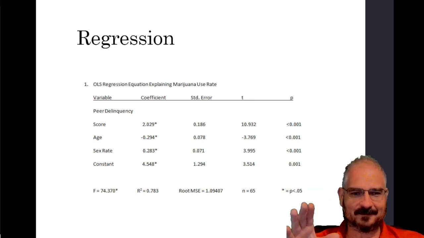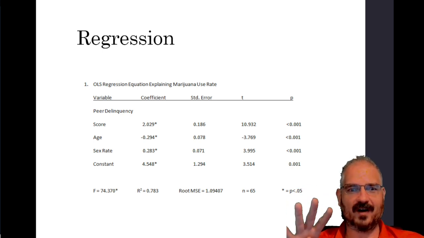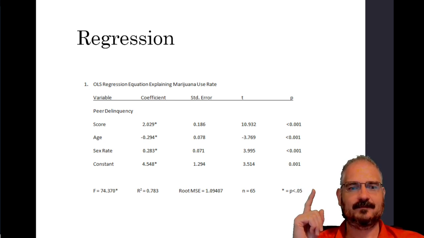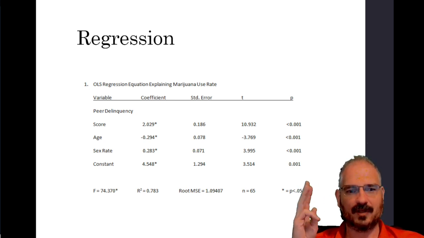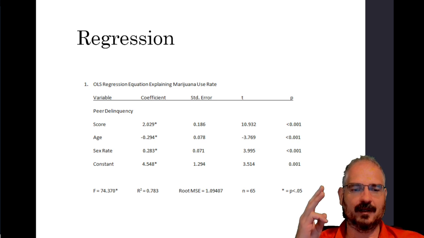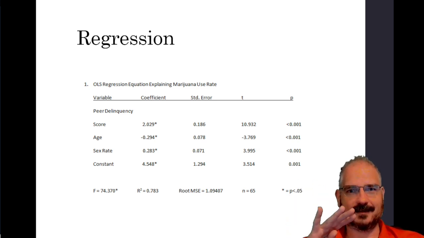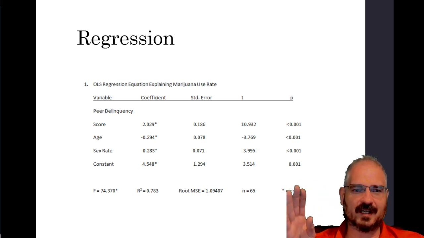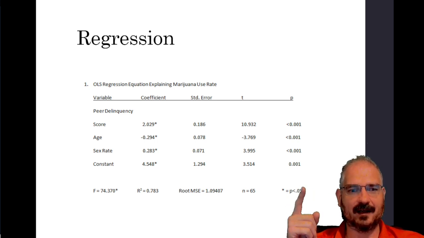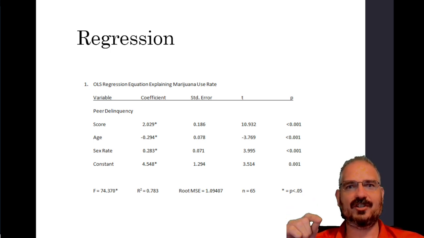On this table, we have 4 variables listed. The top one is the peer delinquency score. Then below that is age. Below that is sex rate, which in this case just means gender. And then below that is constant. All right. Now the first thing to know is that the constant is going to appear everywhere. That is just